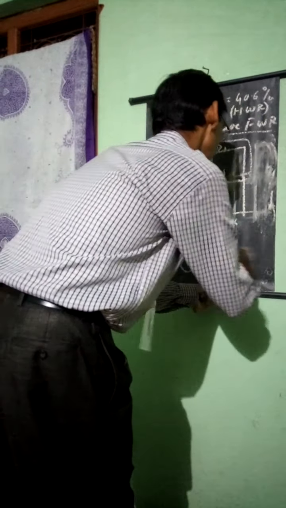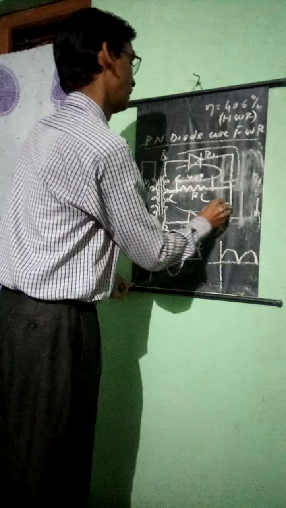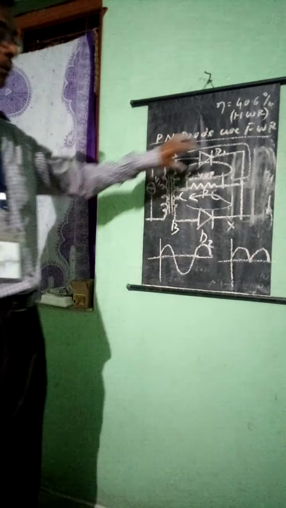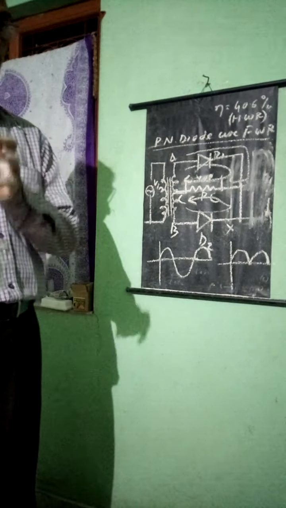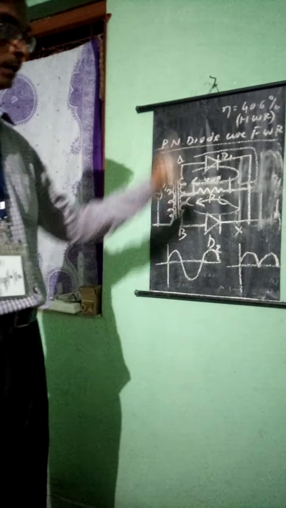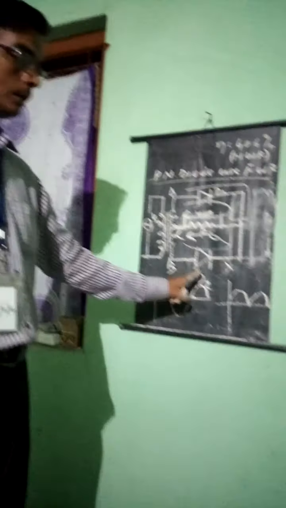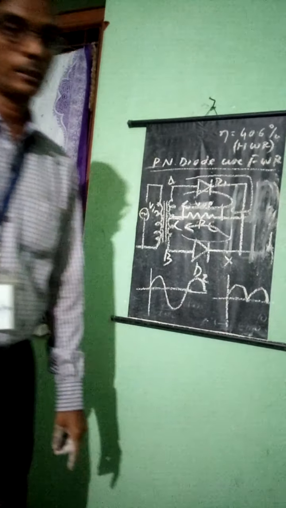At the same time, remember, when this is positive with respect to this, current starts to flow like this. For the first half cycle, current flows like this. For the second half cycle, current flows like this. What does it mean now? One among the diodes is conducting. For the positive half cycle, D1 is conducting and D2 is off. For the second half cycle, D1 never conducts, D2 is conducting. So both cycles will be represented like this.